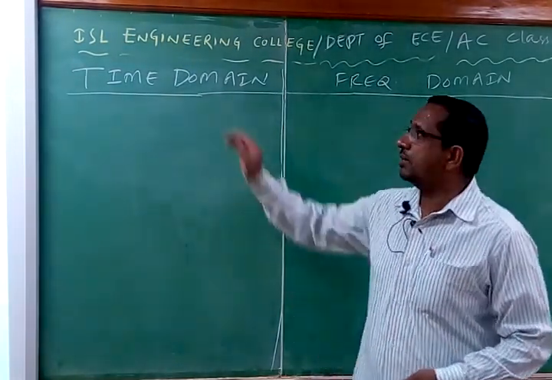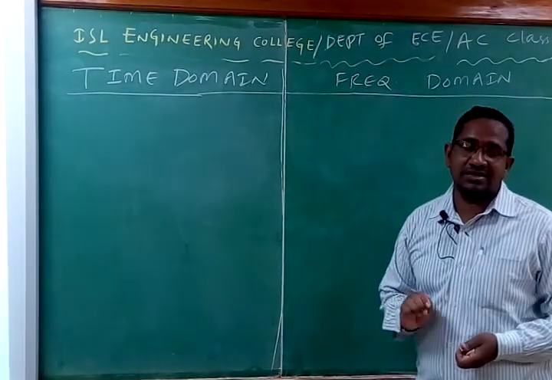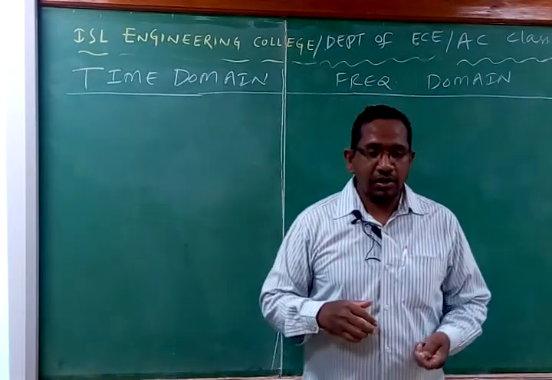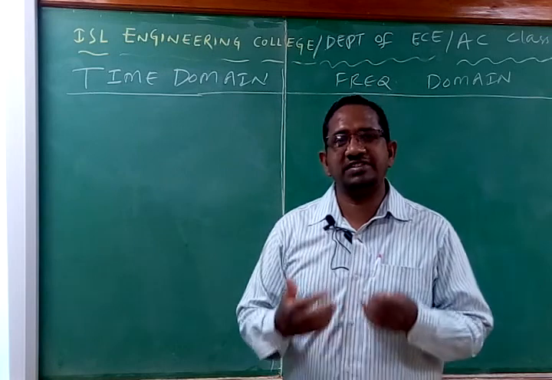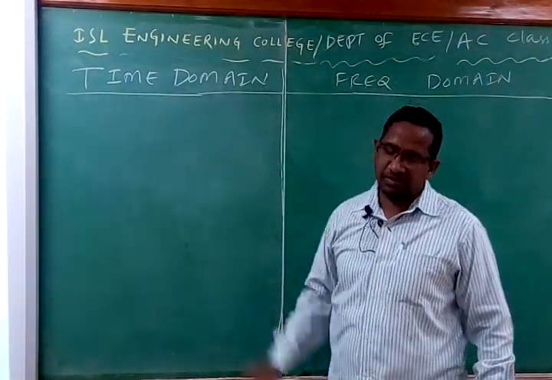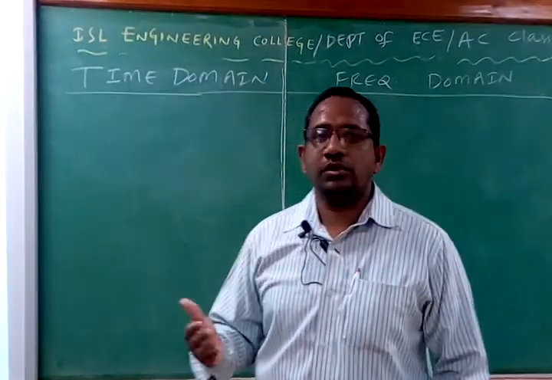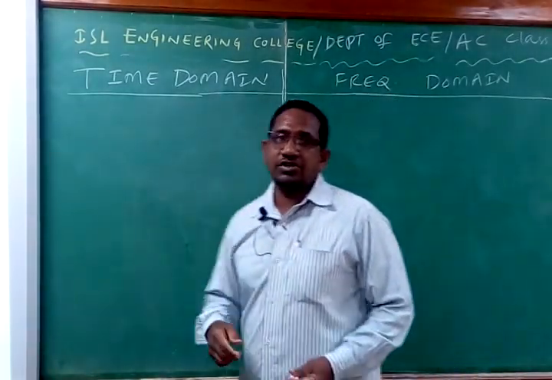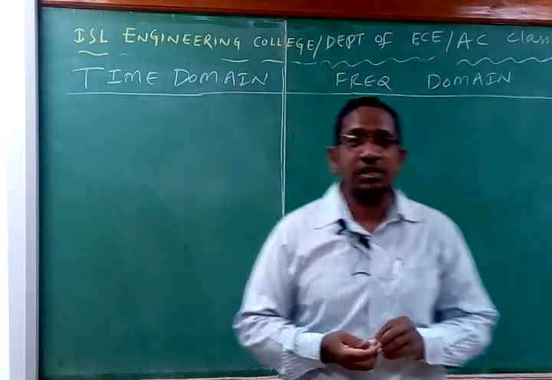One is going to be time domain analysis, another one is going to be frequency domain analysis. So why do we normally go with time domain analysis? If we want to see the shape of the waveform, the shape of the signal, then we go with a time domain representation. If we want to analyze the signal, then we go with the frequency domain representation. So we have two types of representations here, time domain and frequency domain.